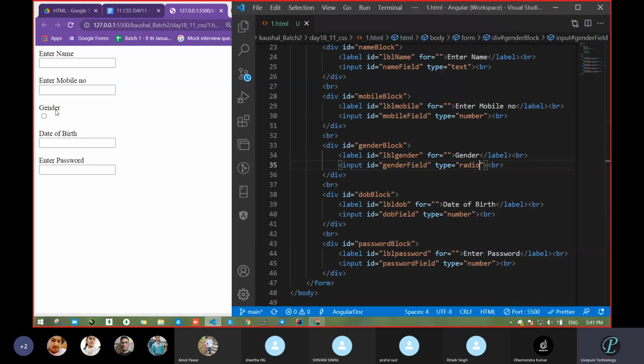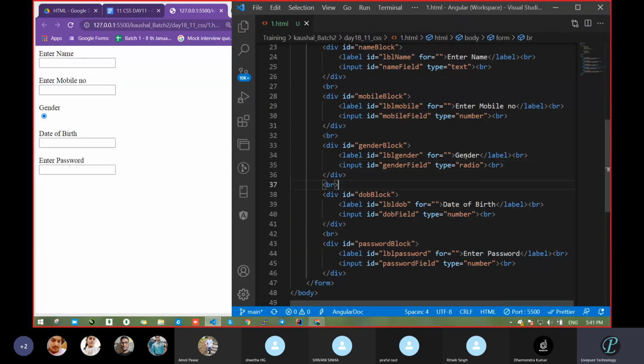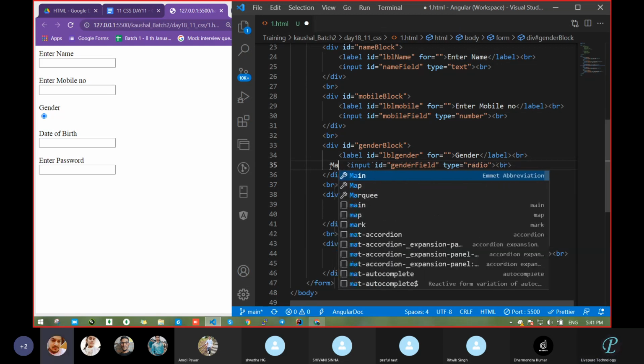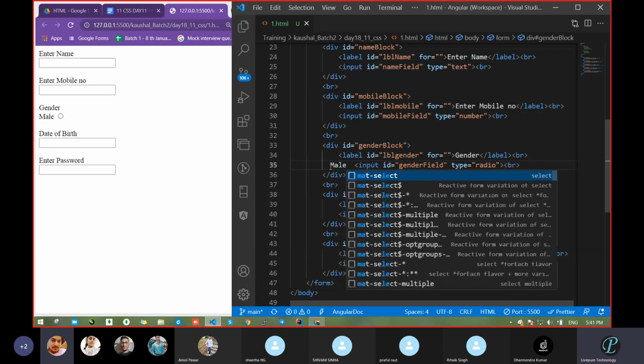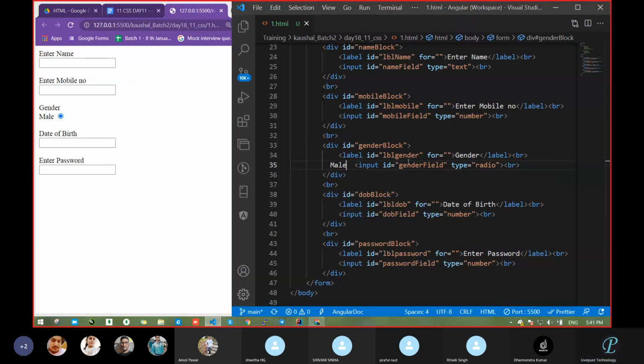Now see, when we take this, it came something like this. You can check that. But one problem is there. We took gender radio, fine. So here some name should be there. So take that, male. Fine. So this type of radio will come. But we want one more. Wait 1 second.